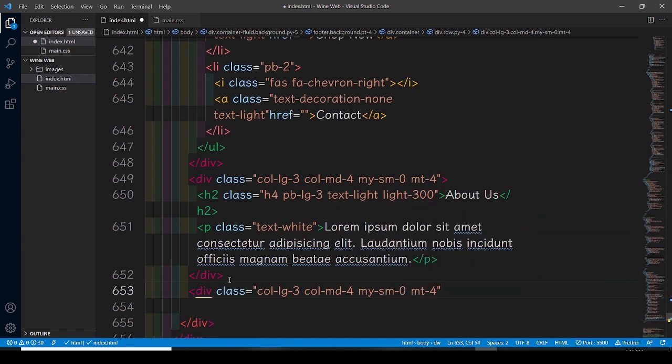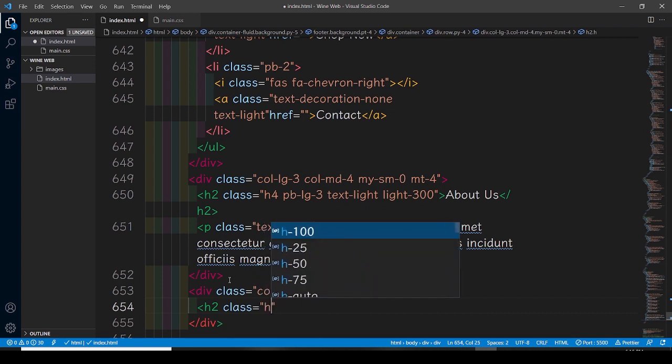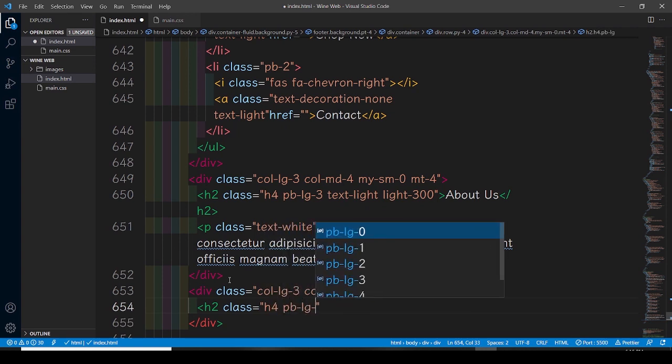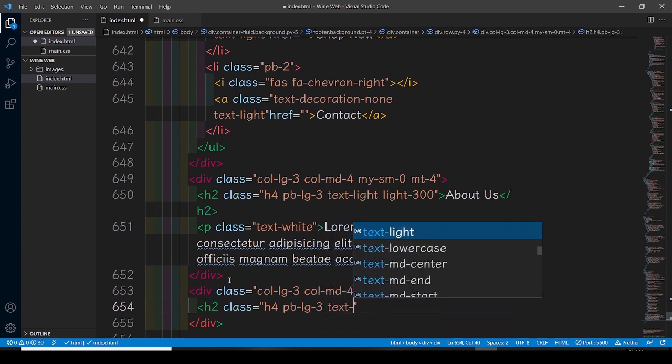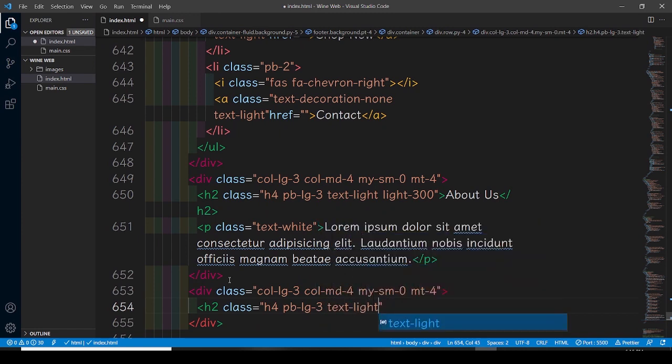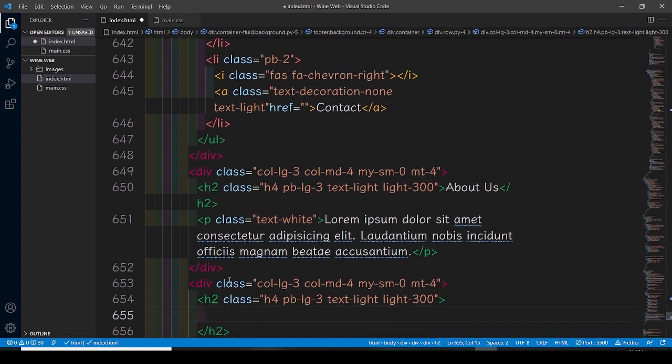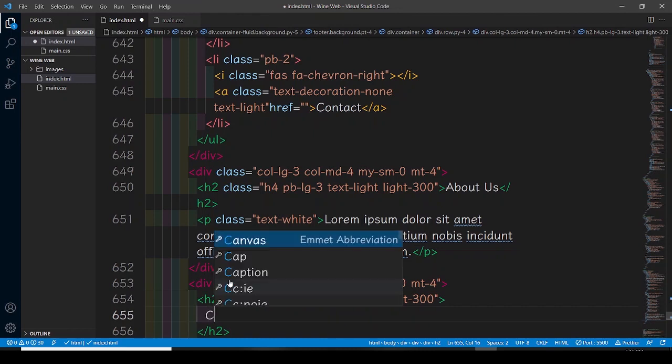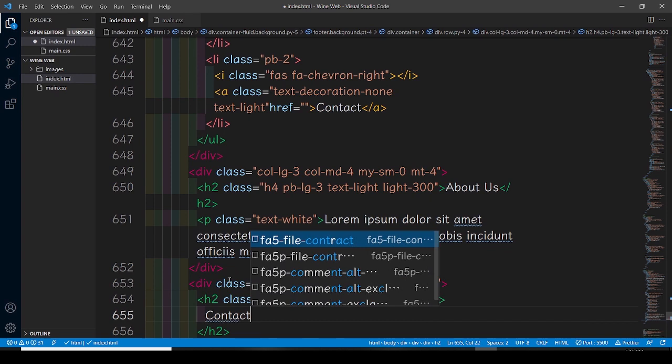mt-4. Okay, then h2, class is gonna be h4, pb-lg-3, and text is gonna be light. Light would be 300. Here what we have to do is just say contact us,